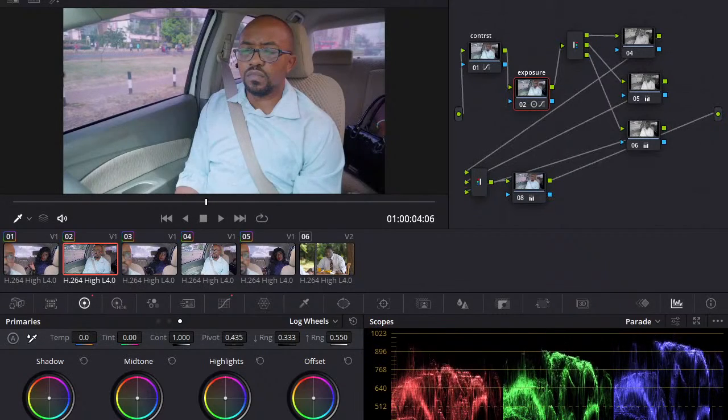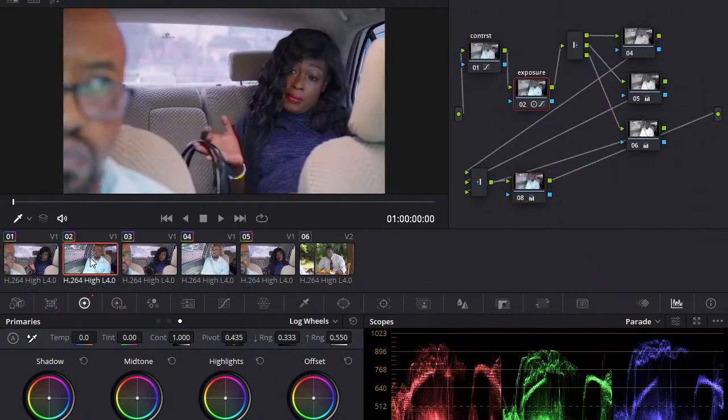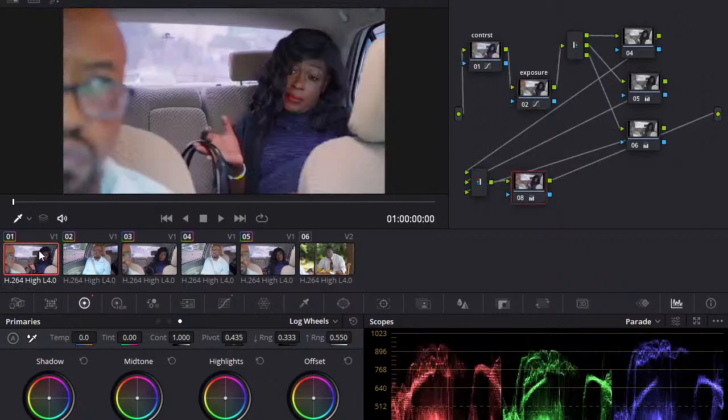But you can see it's losing a lot of clarity, so you can bring them up or down, but there's a lot of exposure on the shot there. So making sure that, just comparing and contrasting. As you can see, it's very different if you look at the parade, this compared to this. See, this one is all over the place, this one is just here.